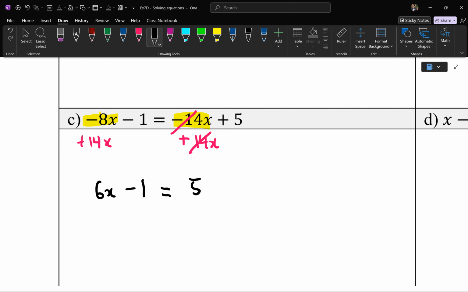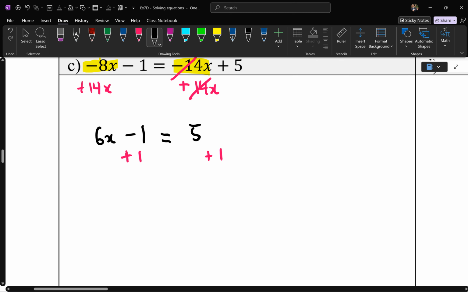All right, from here, same again. Do I have any subtraction or addition? Yes, I've got a minus 1 here, but remember we're trying to solve for x. I don't want it to have that minus 1, so get rid of that. Opposite of minus 1? Plus 1. Whatever you do to one side, do to the other. Minus 1 plus 1 cancels out to be 0, so you get 6x is equal to 5 plus 1,